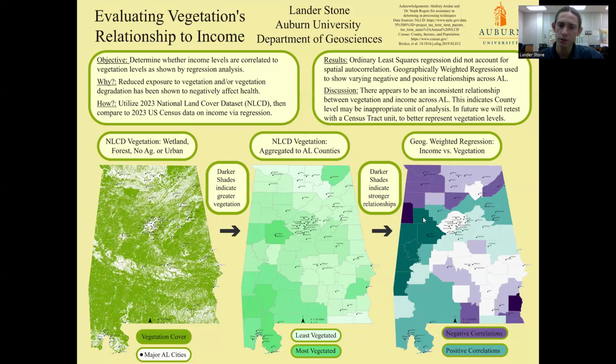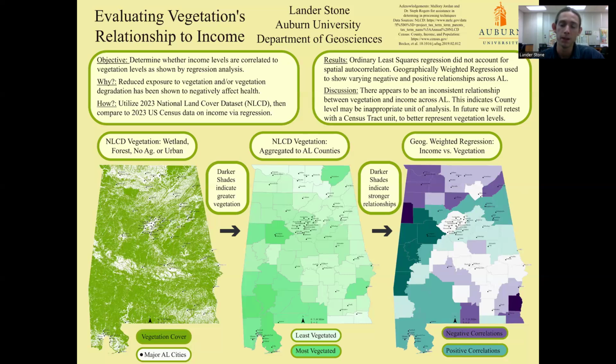And so in this western end, we do see this correlation between increased income and increased vegetation, but in areas where we would expect to see a correlation, such as areas with a lot of major cities or areas in the Mobile, we did not find expected or hypothesized results. And so what this shows to me is that there does appear to be a pretty inconsistent relationship between vegetation and income